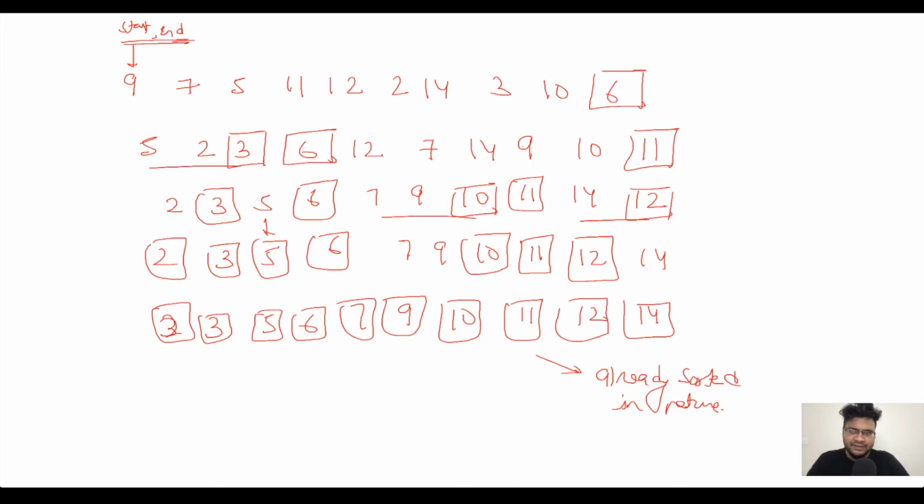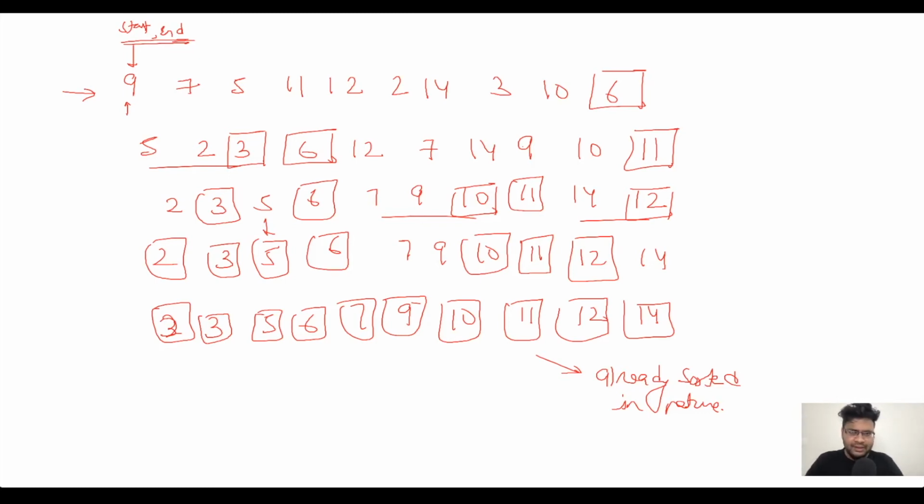How we are moving this depends upon you. You can choose any kind of algorithm. I generally prefer a 2-pointer approach wherein start and end pointers start from the beginning. Start will stay here and keep on moving. Whenever we get a number which is lesser than 6, we push it towards the start. It's a simple algorithm, you can develop it yourself, and we'll keep on doing this until we reach n, wherein all the numbers have been chosen as pivot. This is the conquer approach. We don't need to combine these solutions because they are already in a sorted state.